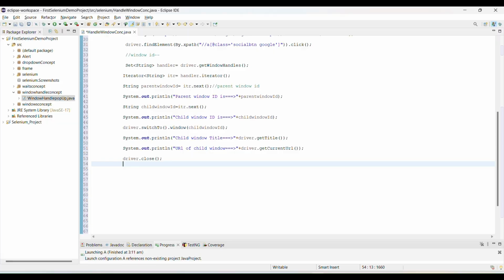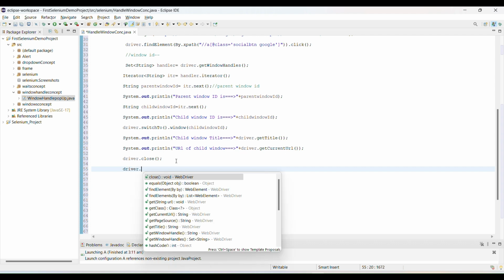So now your cursor is lost because we closed the current instance window, right? But we didn't switch to the parent window. So how will the cursor know which window is currently selected? How are you going to let the cursor know which window we need to perform the task on? So I'm going to use again the driver dot switchTo method.